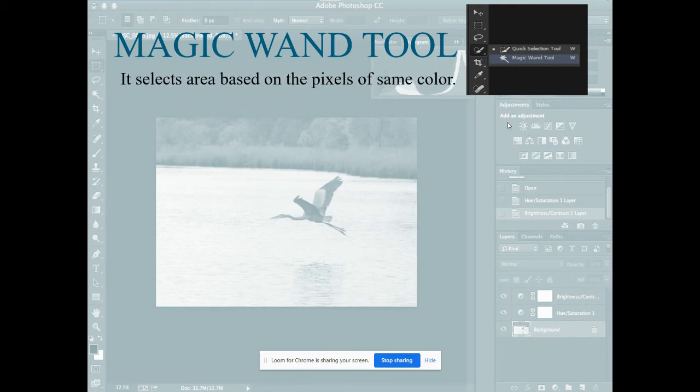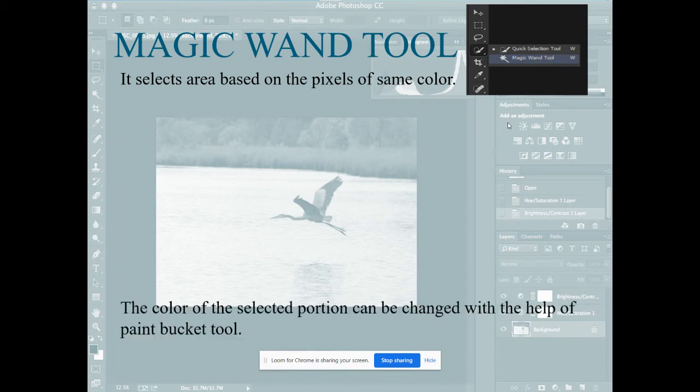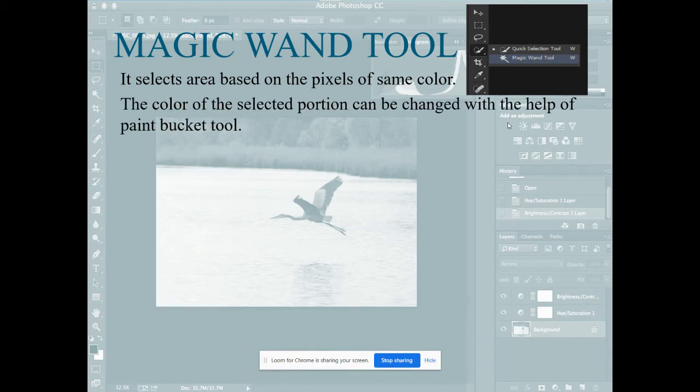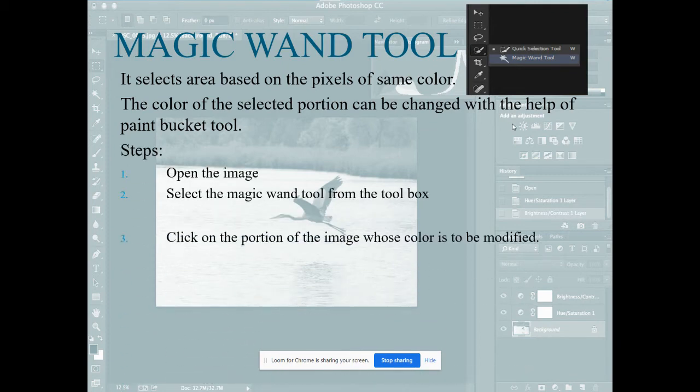So it selects the area based on the pixels of the same color. Here we have seen this example of same color. The color of the selected portion can be changed with the help of the paint bucket tool. So the steps are: open the image, select the magic wand tool from the toolbox.